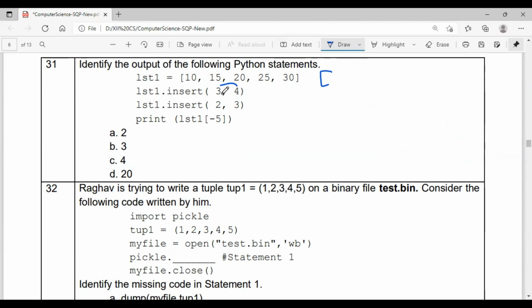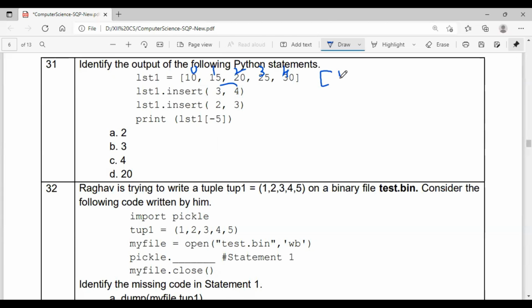Now you want to insert at the third index. So here this is index 0, index 1, 2, this is 3 and 4. So what will happen at the third index? You want to insert the item 4. And from the third index onwards, the existing items will not get deleted. They will be shifted to the right side.